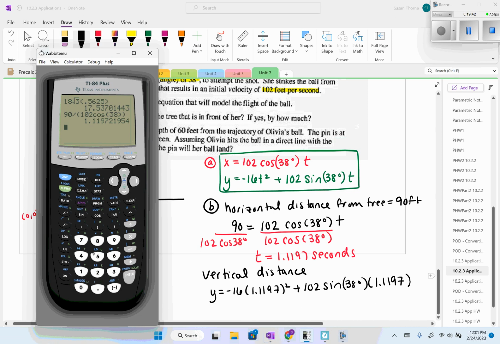And we're just going to plug that into our calculator to find our height. So negative 16 times 1.1197 quantity squared plus 102 times the sine of 38, close those parentheses, times 1.1197 gives us a y value of